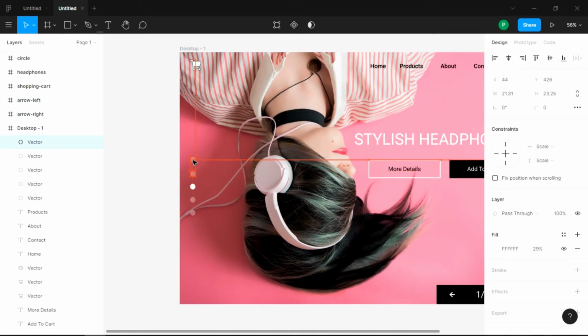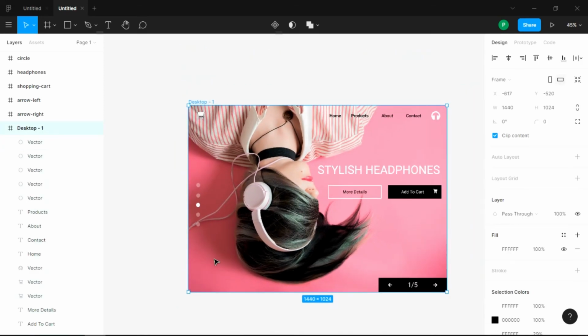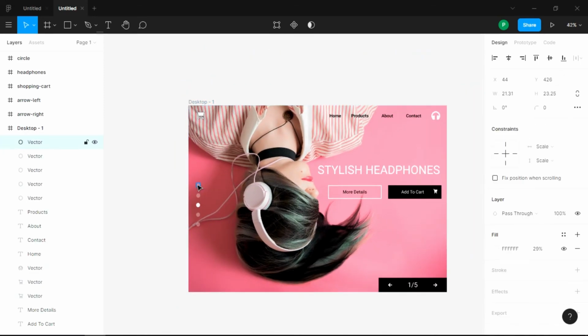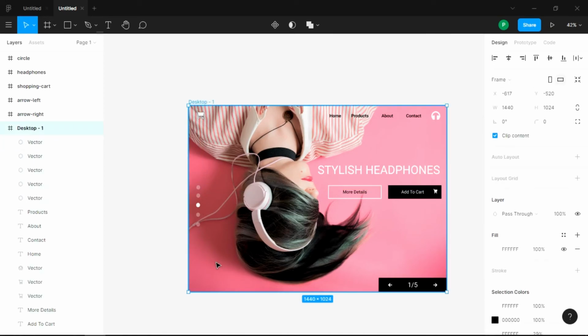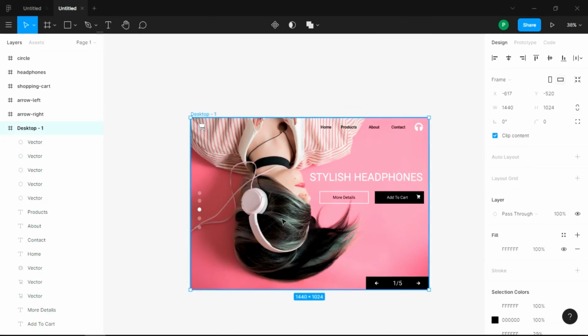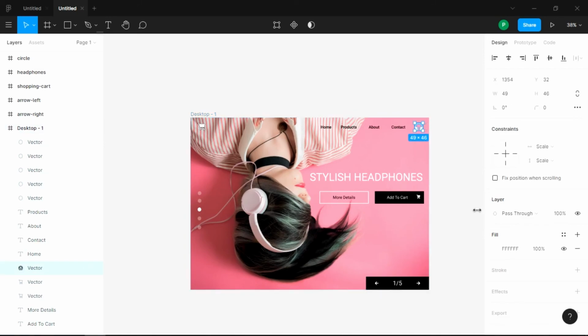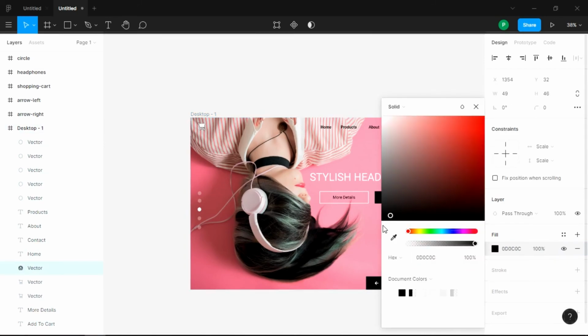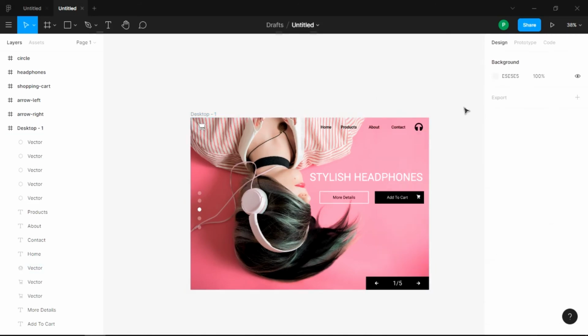It's fine, I think. It's taking me a lot of time doing this. Make sure to zoom in and do all this, make this distance equal. Just make this color to black so it's kind of more visible in black color.